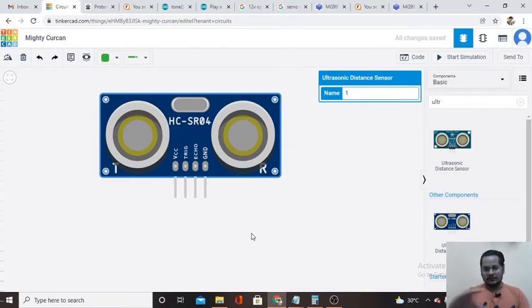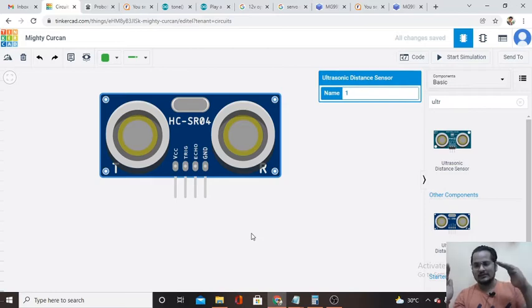Based on the duration of the wave coming back, we can calculate the distance of the object. So I will tell you the scenario. Suppose this is my sensor and this is the object. Once we make the trigger pin high for 10 microseconds and low, it will start producing ultrasonic sound.